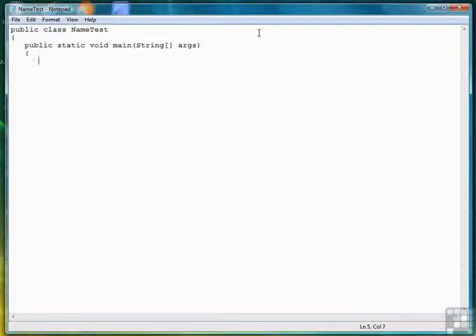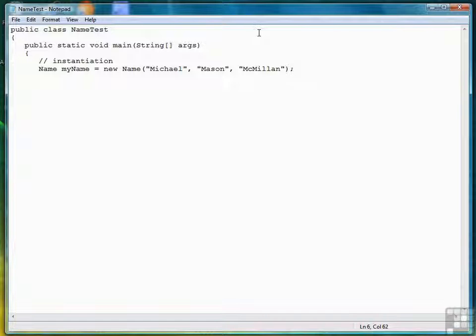So here's where we begin to create the class. Declaring a class object and assigning data to it is a process called instantiation. Let me write that out as a comment. Because what we're doing is we're creating an instance of the name class. And the way we do that is by writing the class name, followed by the name of the object we want. We'll call this one myName. Then calling the constructor, which means using the assignment operator, followed by the keyword new, followed by our data. So I'll put my name in,